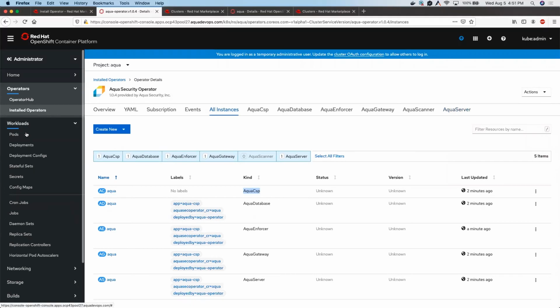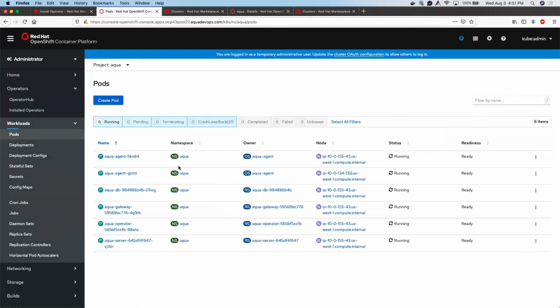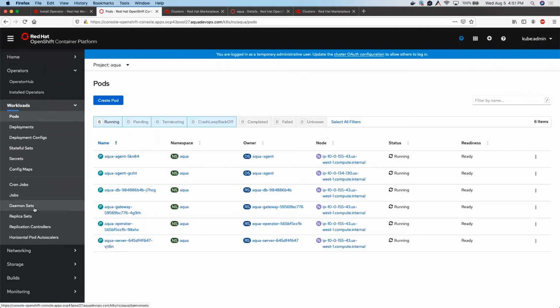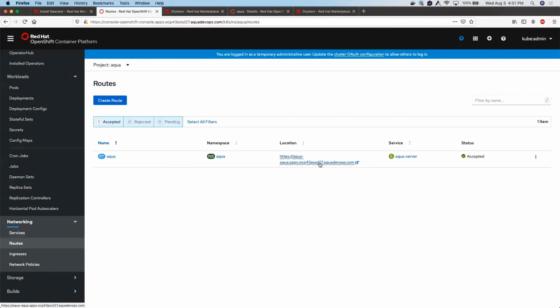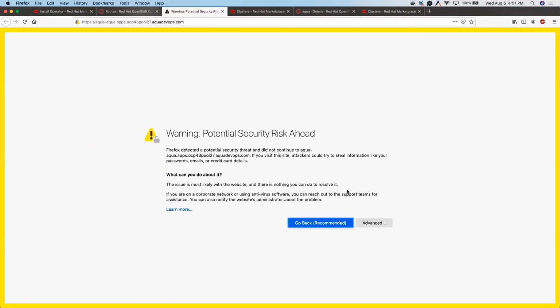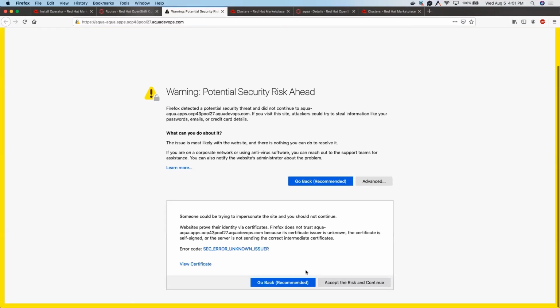We can click through the workload tabs and look at all the pods that are running. And then finally, we can go to the networking tab and look at the route. This route directly takes you to the Aqua console URL.